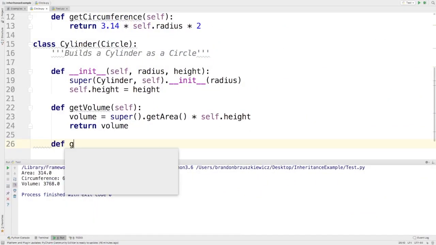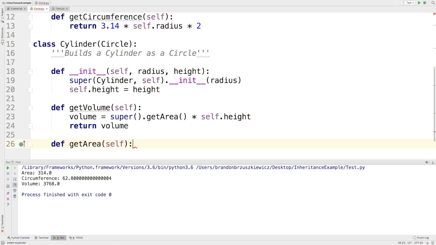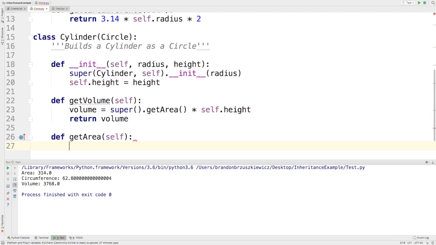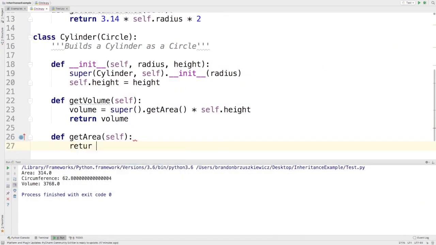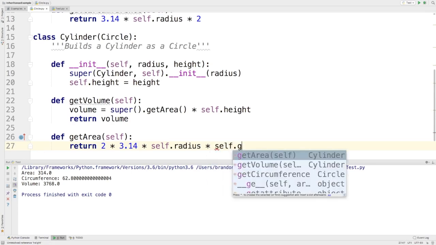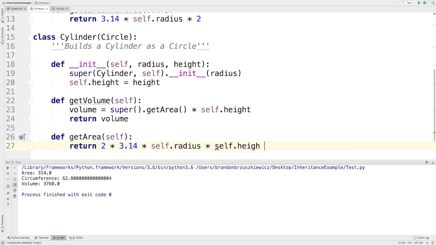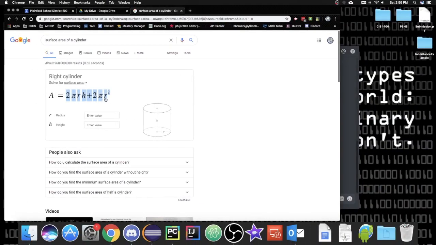Let's change this def get area. What I'm looking to do is override this method. So notice the little up arrow. I'm taking that method and changing it a little bit. Let's scroll over and see what we need to do. 2 pi, we're using 3.14 times radius times height. So let's code that. We'll return 2 times pi times radius times height,